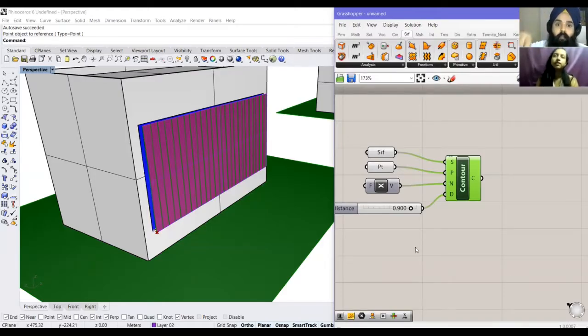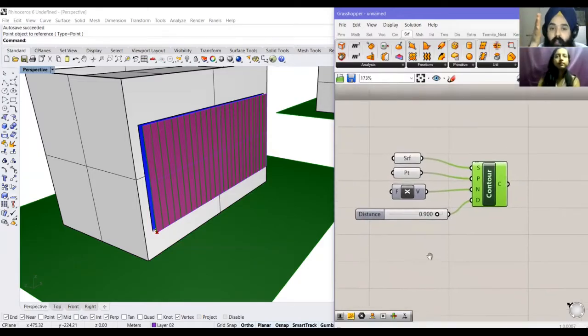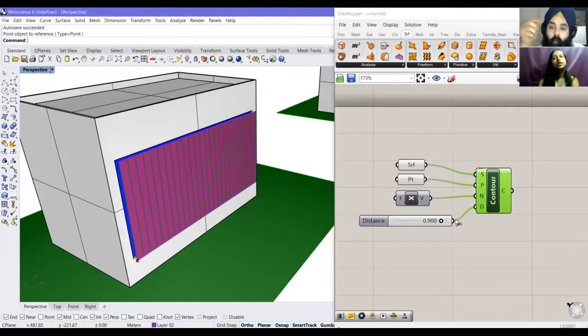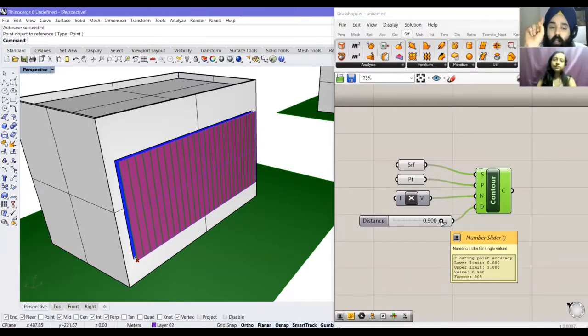So we need to have that surface and the point with other tangible assets, and then the process is contouring, and then the other two, n and d, are the other parameters that exist to do that process of contouring. Now this contouring is just one such activity or process that is possible in Grasshopper, and every different process will have different parameters.